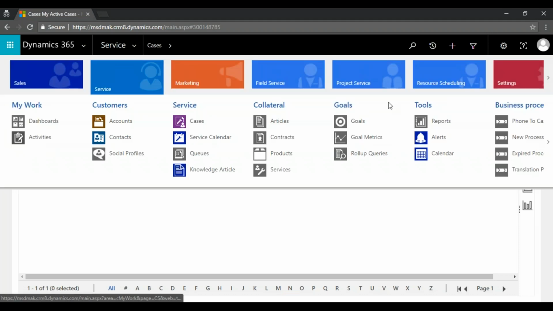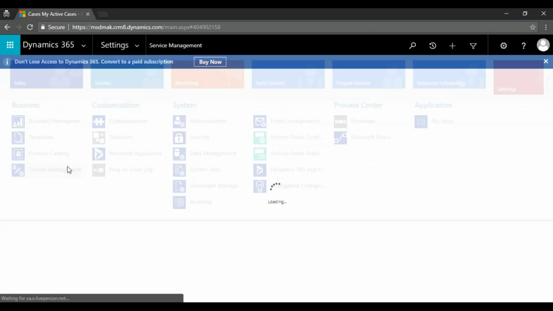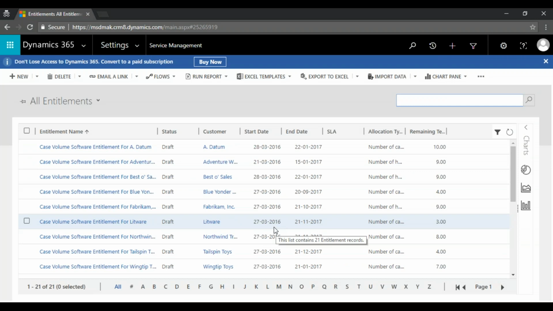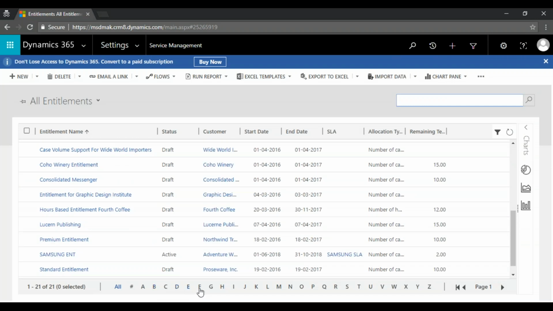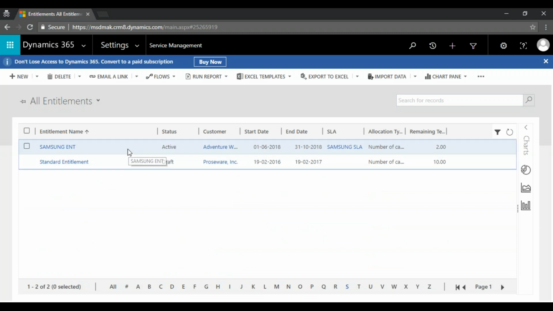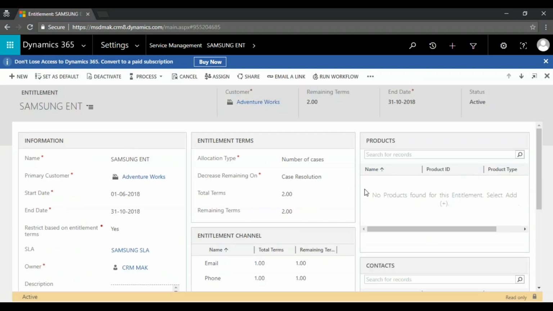Yes, products is optional, but if you want, you can associate a product at the contract level also. Okay.